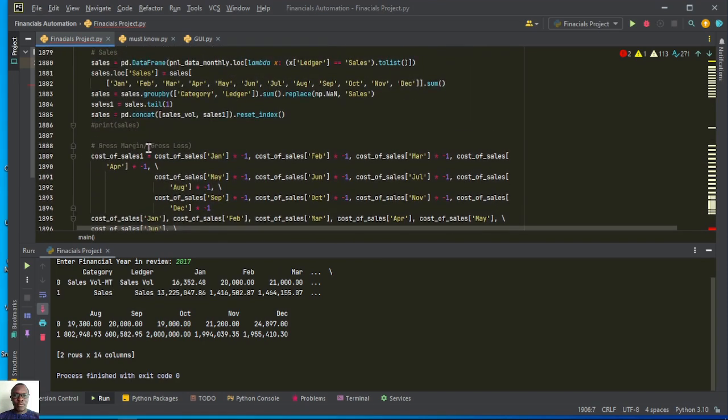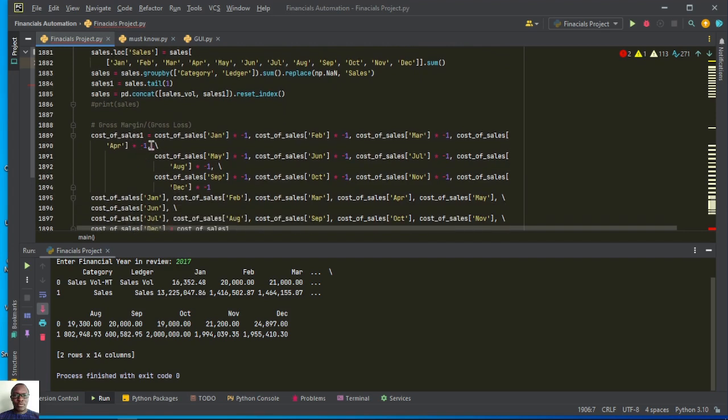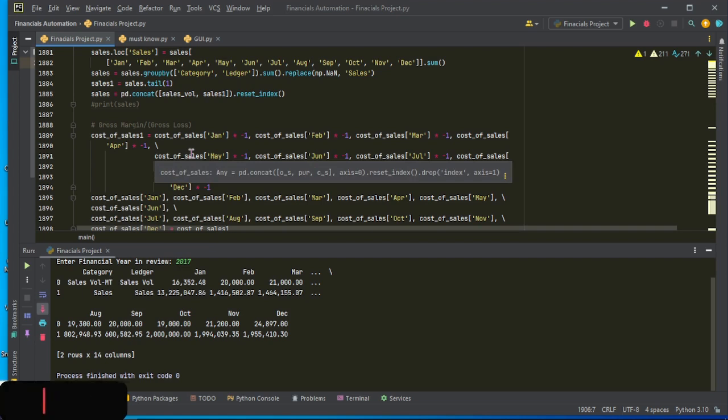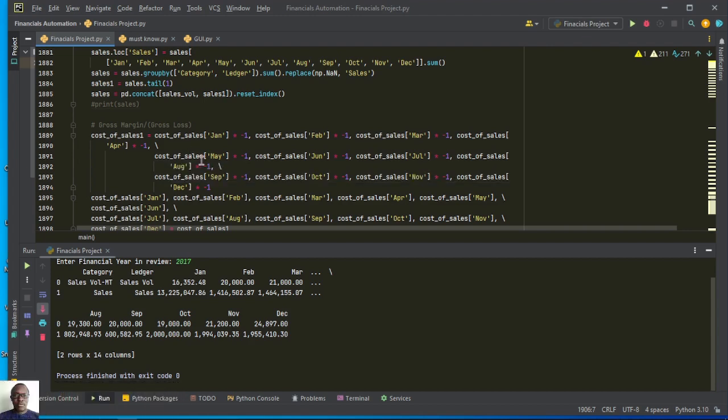So here we have the calculation of gross margin. First we are trying to come up with the negative values of cost of sales, such that after getting the negative values of cost of sales, we'll concatenate this data frame with negative values of cost of sales with the data frame for sales. Then when we add the values, we'll get the